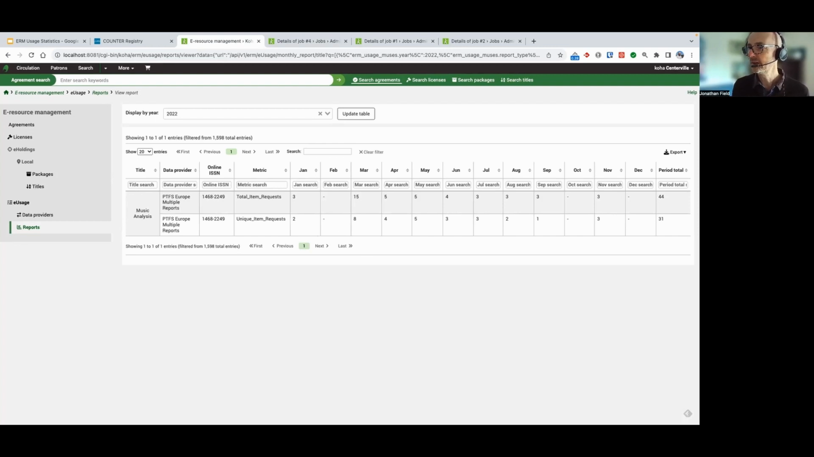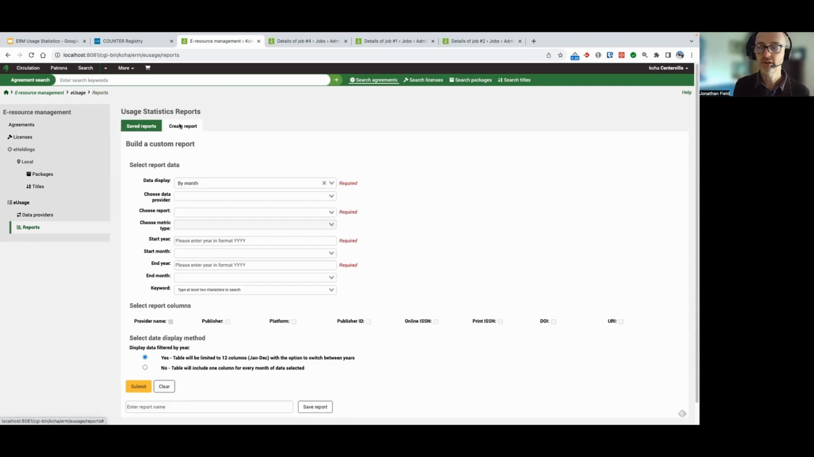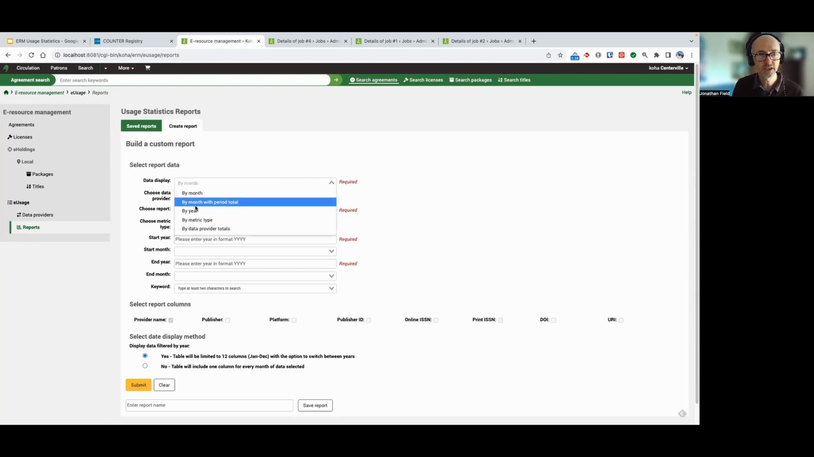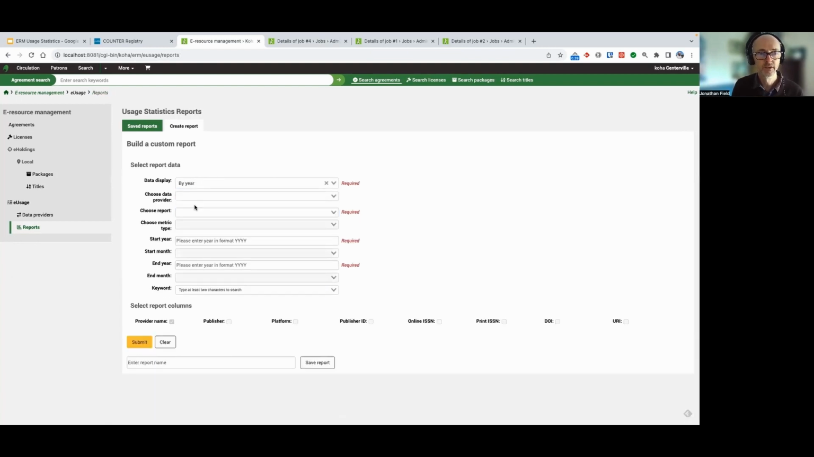Let's just run one last report, and this time it's going to be a report that I'm going to save. So it's an annual ebook summary, which I'm going to do by year. And it's going to be the books and platforms provider. And we're going to have a look at the